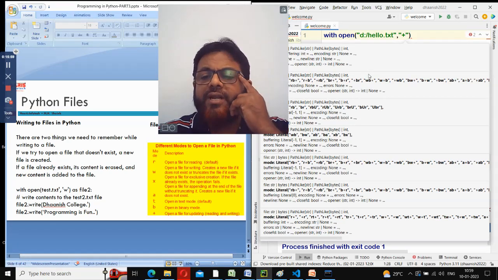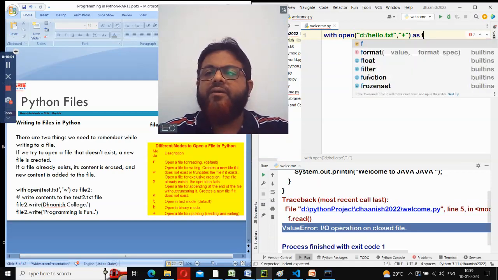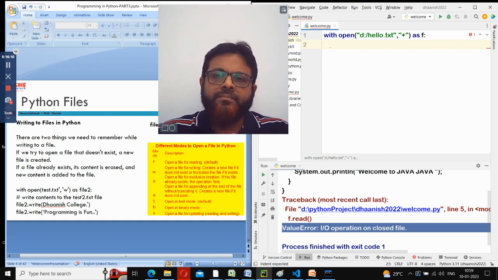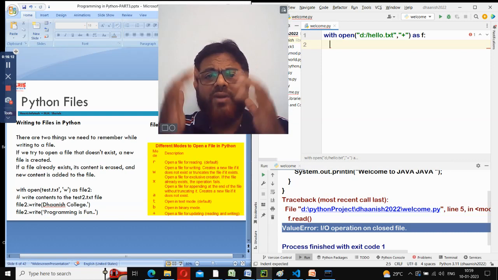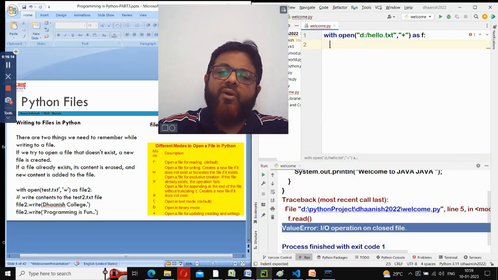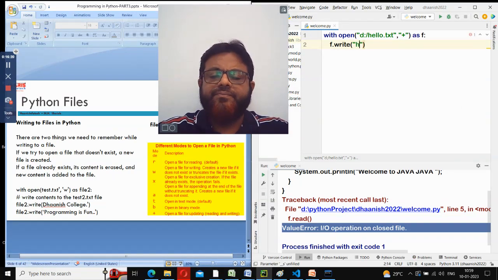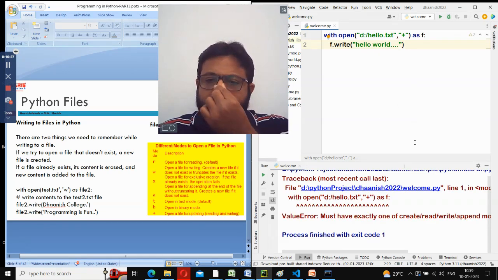This can do both read and write operations. I don't need to use it only for writing or reading. I can also say W, which is only for the writing operation. Since the file is not there, if I say f dot write hello world and run this now,